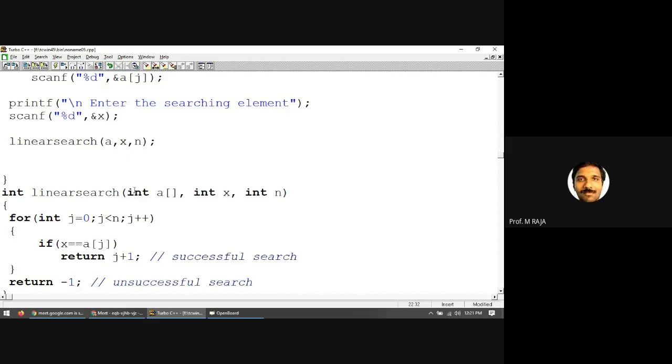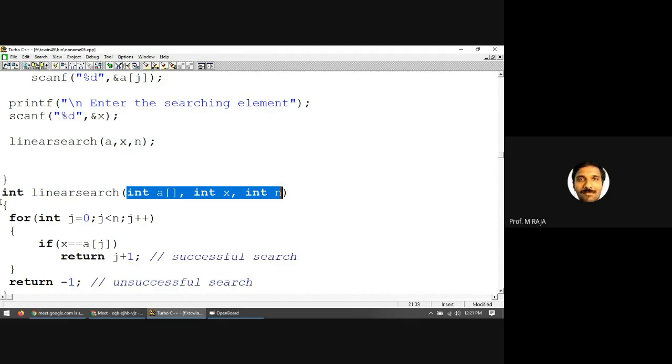In case you want to skip all the parameters, array, x and n, please make all of these global declarations, global arrays and global variables, so that you can simply call linear search without any actual parameter, simply linear search with an empty parameter list. Since the return value is being assigned,